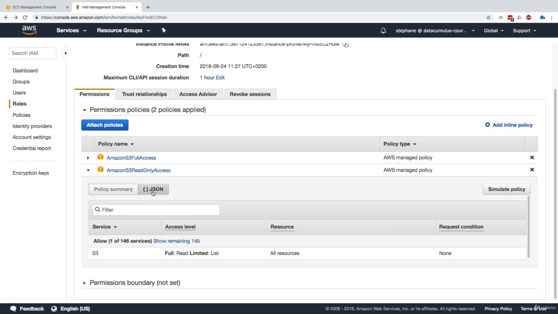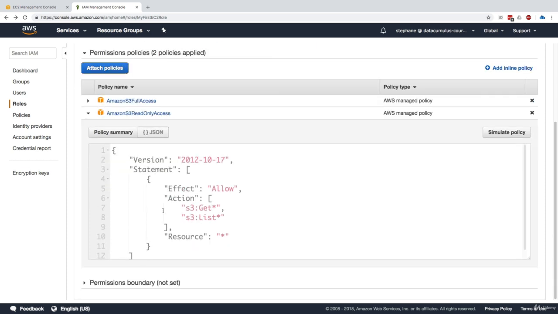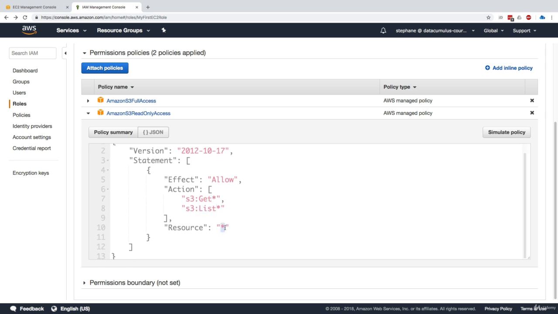Okay, let's have a look at the JSON. And it looks like, yes, we're allowed to perform actions, which is get something or list something on resource star. Basically that says that for any Amazon S3 resource, you are able to perform API calls that start with the name get something or list something.